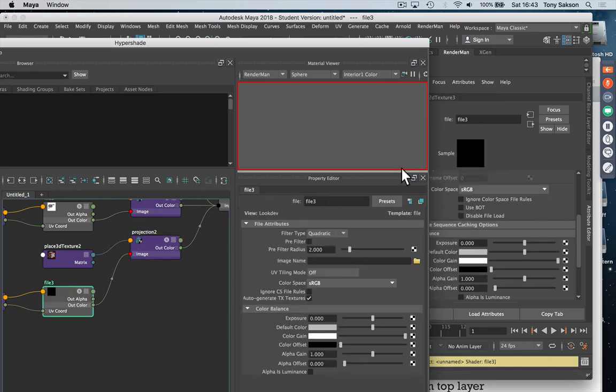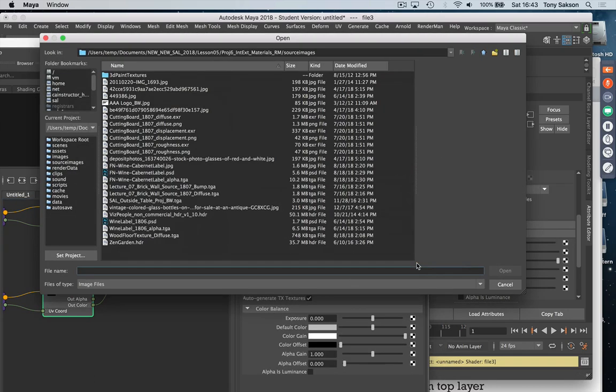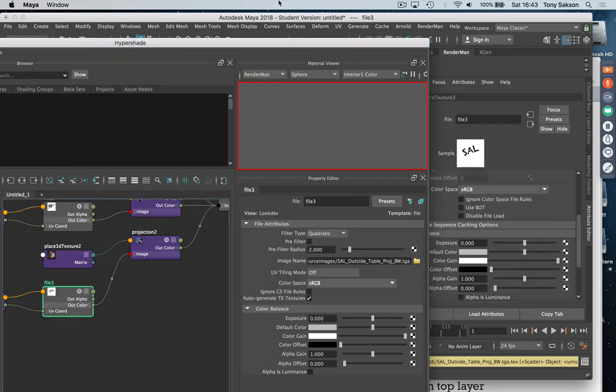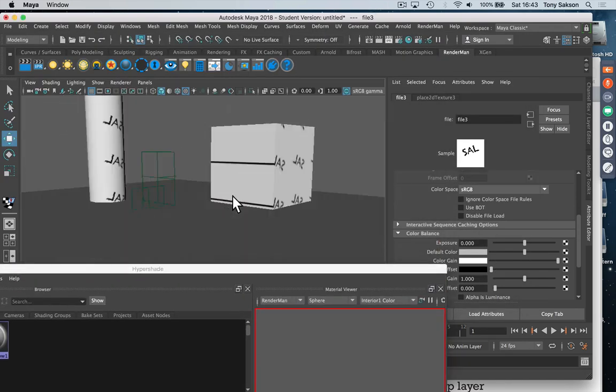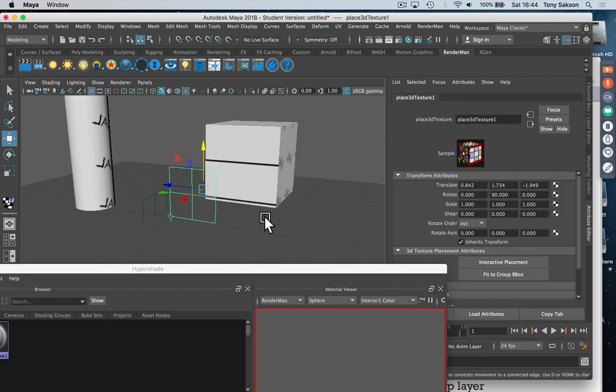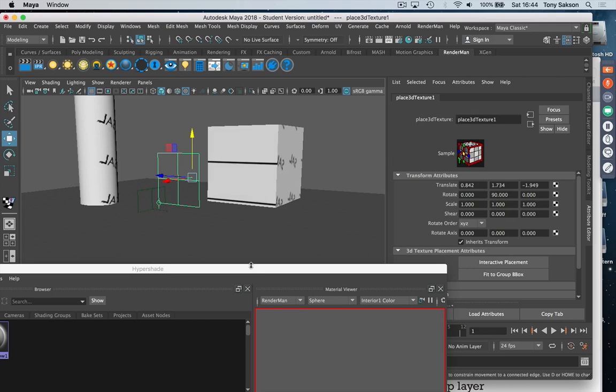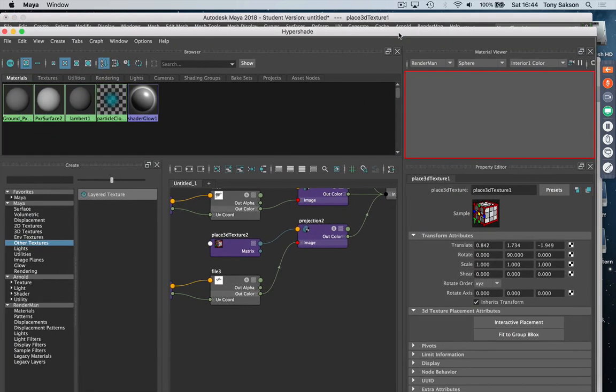Down here under File, let's map in, do I have my SAL logo? Yes, I do, right there. SAL logo. Yep. So first thing I want to do is I probably don't want it repeating over and over again,